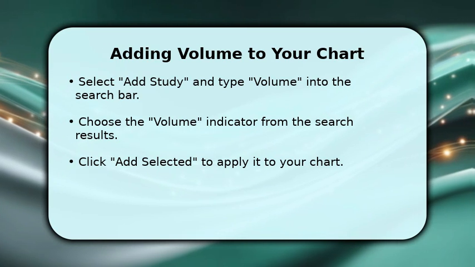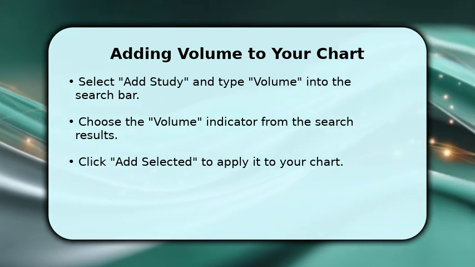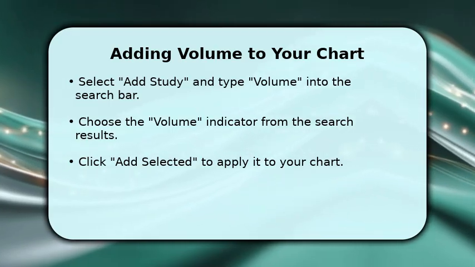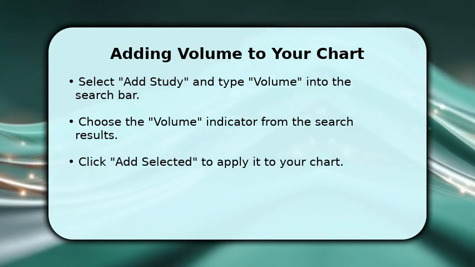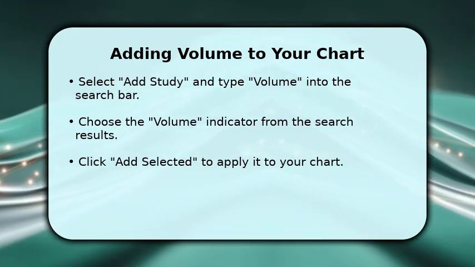Type volume into this bar. The platform will display a list of indicators, and you should select the standard volume option. After selecting it, click the Add Selected button. This action will immediately apply the volume indicator to your chart, typically appearing as a histogram at the bottom of